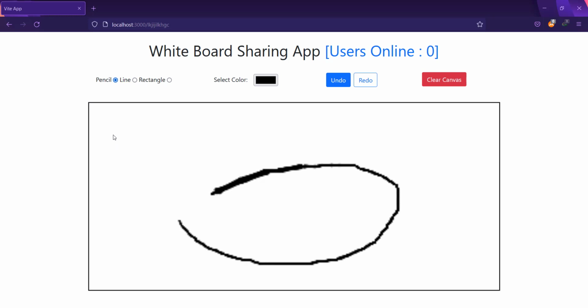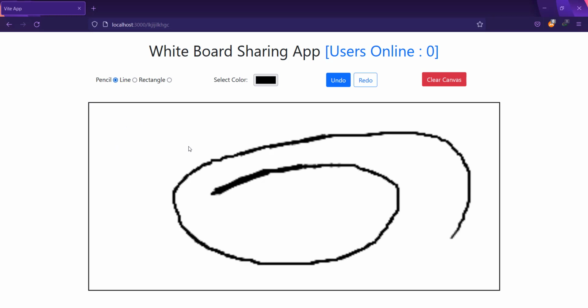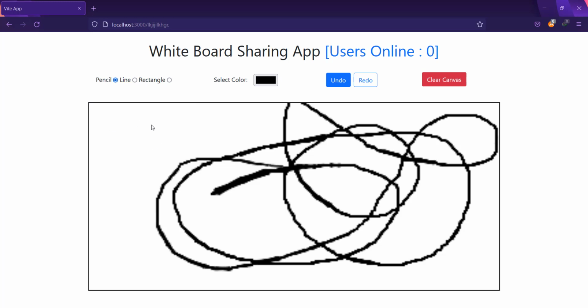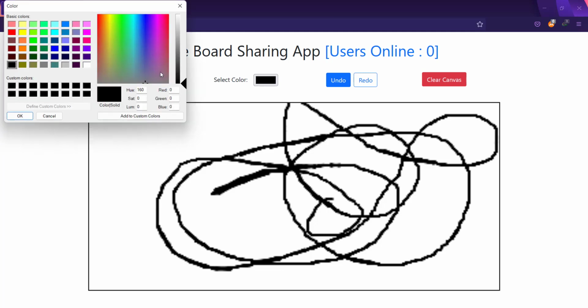In the first video, we created this, where the user can draw with the pencil. But this is not very clear, so we will rectify it more in the next video. Today in this video, we are going to create this line and rectangle,